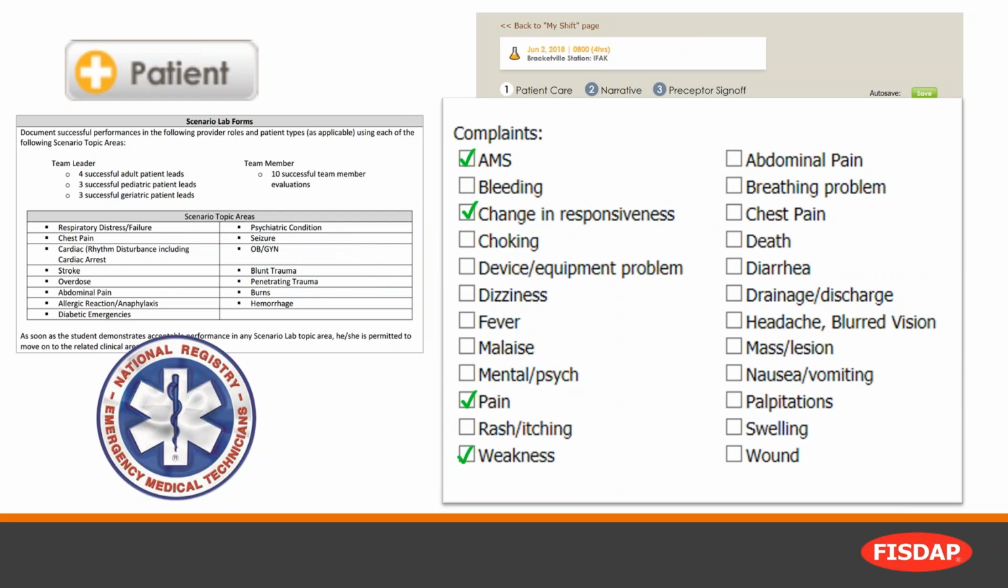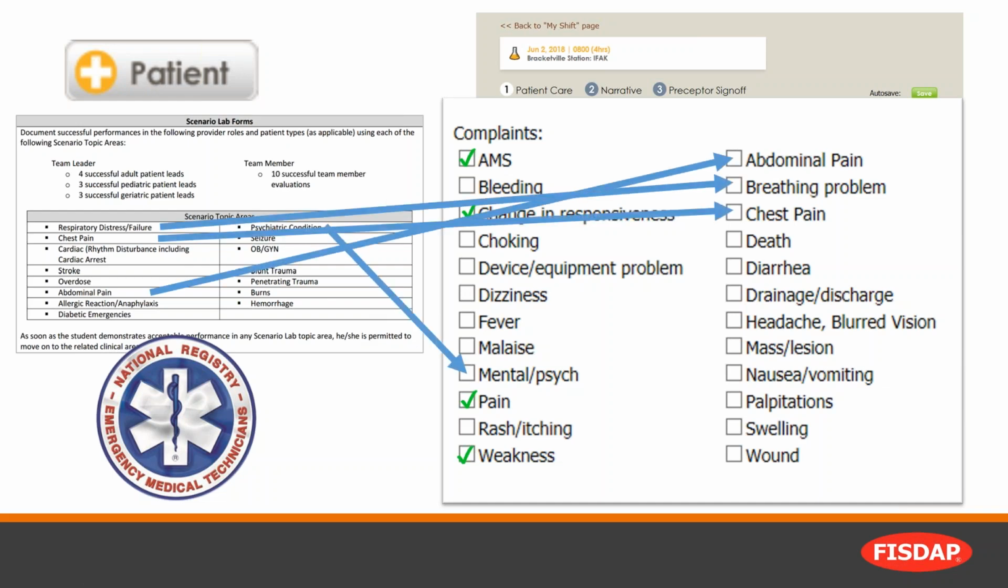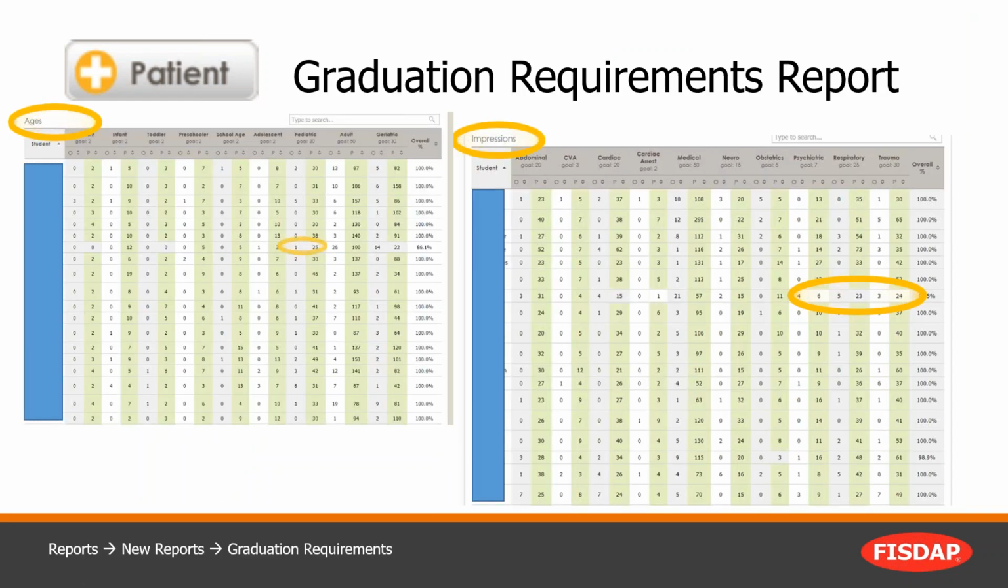And we're going to go back to a very simple KISS principle, and document what you see, and then we will make sure that you get a variety of lab patients so that you can meet your goals. All right. Okay. In the end, the graduation requirements report, once you run it, is extremely helpful because you can